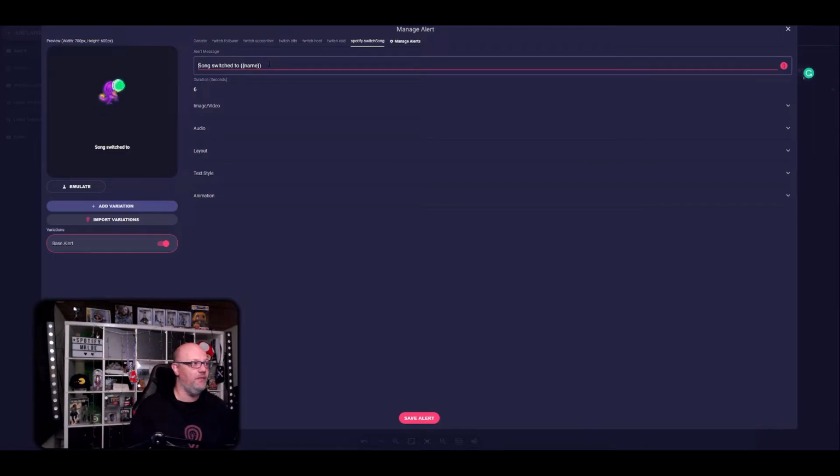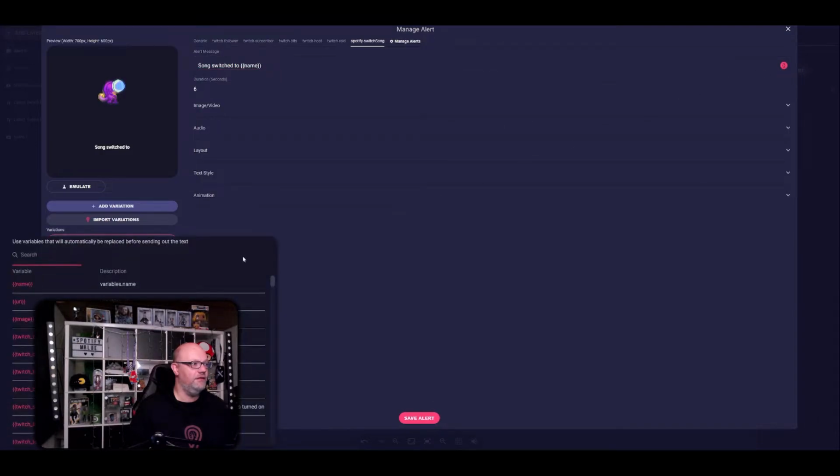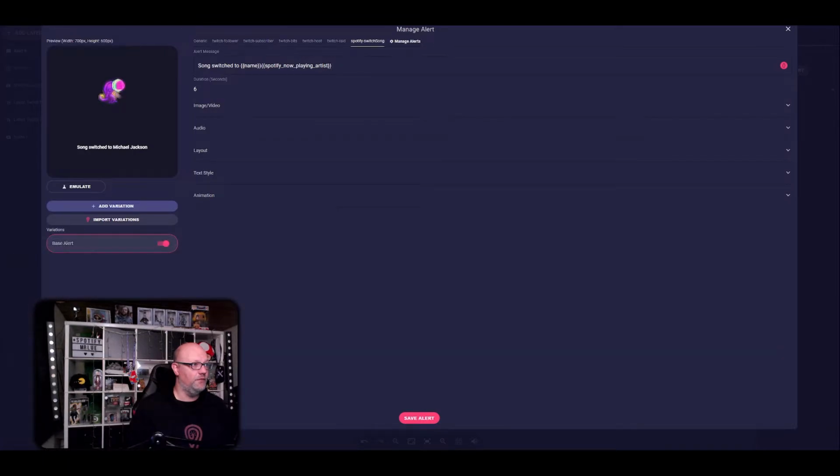So it picks up the name of the song. You can pimp this a little bit if you want to have also the artist. You go onto that little red dot and you look for artist, and it's a Spotify now playing artist variable. Take this. Now we got to make it pretty a little bit, so we copy this to here and we